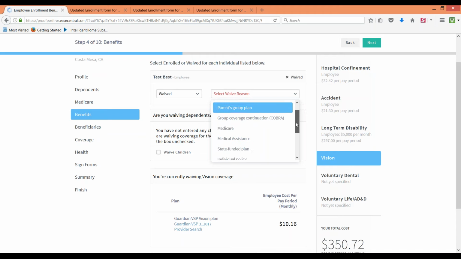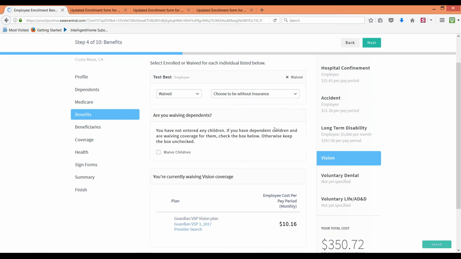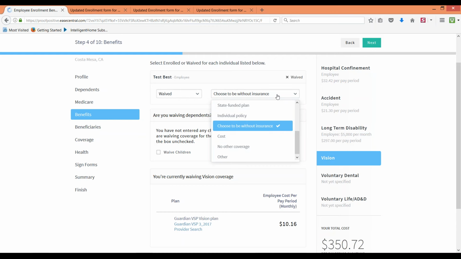And look, we're not trying to get into your business about what's going on here, but if you choose to be without insurance, no problem. You choose that they're on your spouse's plan or you have an individual plan, no big deal. That just fills in the space on the enrollment form, so we kind of know what's going on. That way, if your child or your loved one needs to come on the plan later, oh, we know that they were with another plan or they chose not to be with it. We just kind of can follow the bouncing ball on what's happening.